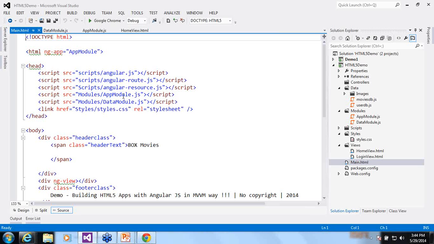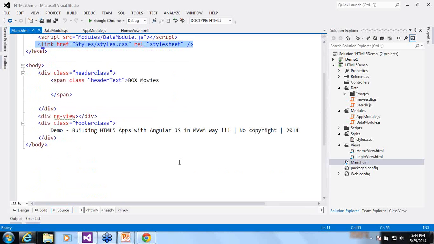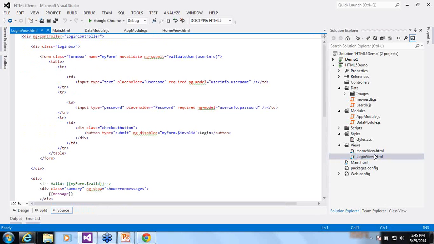Then we had created 2 modules. One module is available application wide, and one module only did the job of getting the data from these JSON files. The other provided the CSS. So in our main .html5, the main directive which is showing the views is the ngView directive. Because of the ngView directive, we were able to load the home view and the login view.